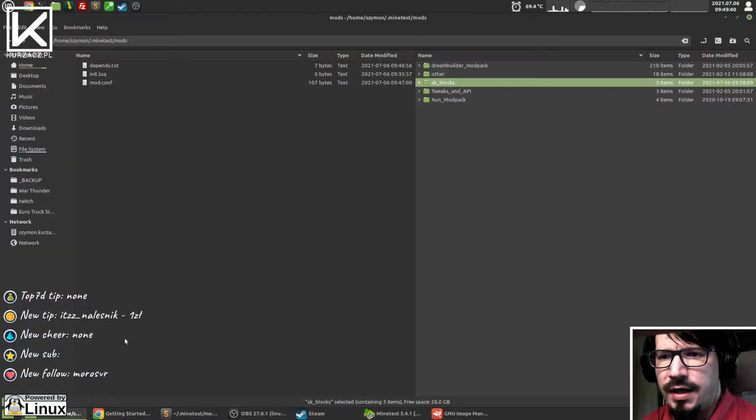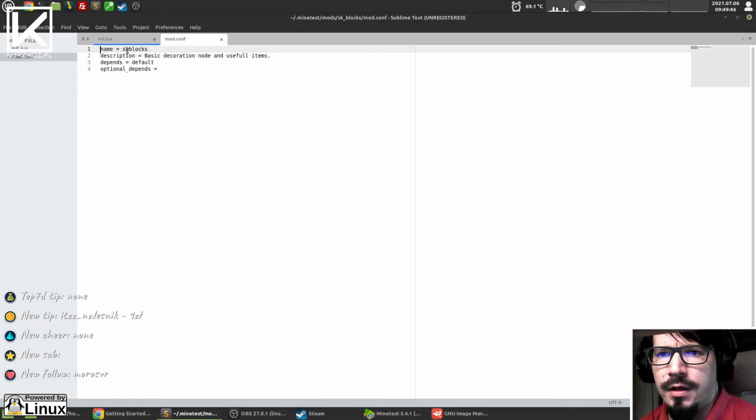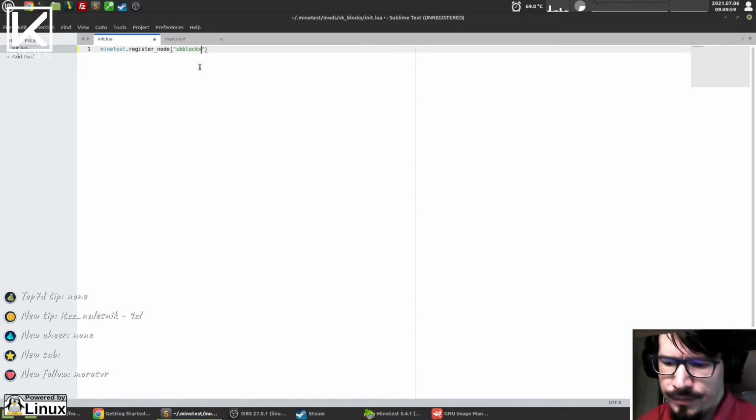I closed mod config, but I will reopen this. Our mod is called SK blocks, not with an underscore like for the name. So SK blocks is a thing that must be entered here, then